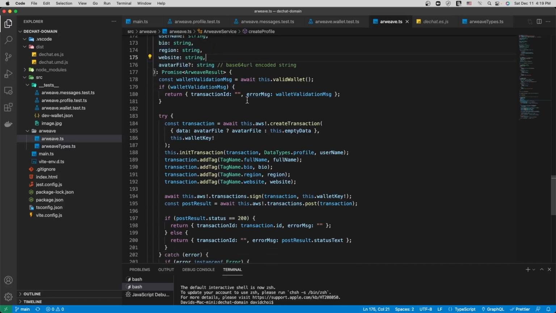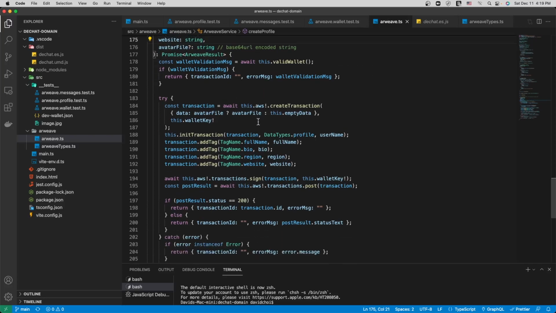So amongst the various things happening in here, along with creating the transaction itself, is that I want to create custom tags of my own schema, right? Full name, bio, region, website. For your own app, it's going to be completely different tags, specific to you.